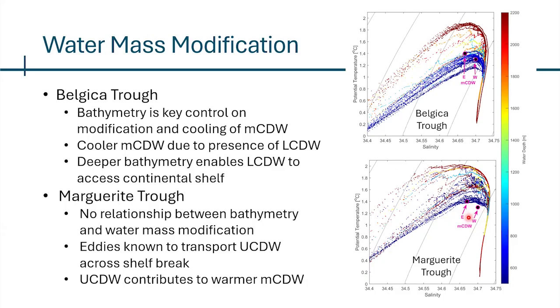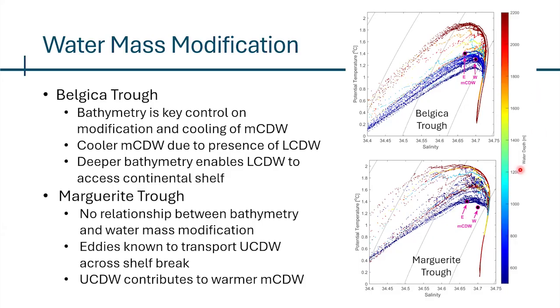So we see two slightly different types and properties of circumpolar deep water on the shelf. The western end member that flows on at Belgica Trough is a little bit cooler, and that's because we see a bit of uplift of lower circumpolar deep water, which gets onto the continental shelf. The bathymetry is a little bit deeper at Belgica Trough, so this enables this lower circumpolar deep water and a cooler, slightly more saline end member across the